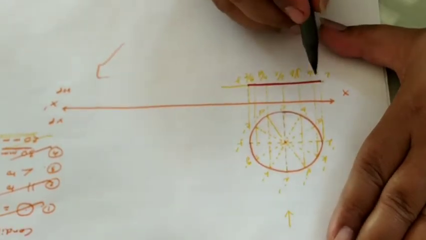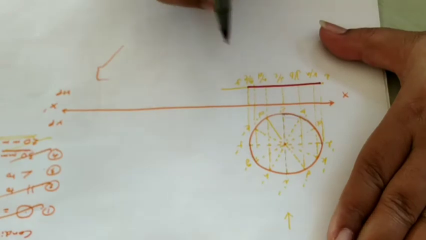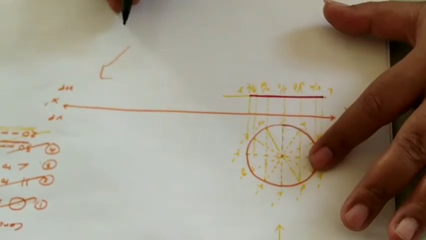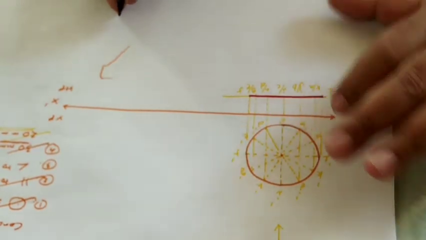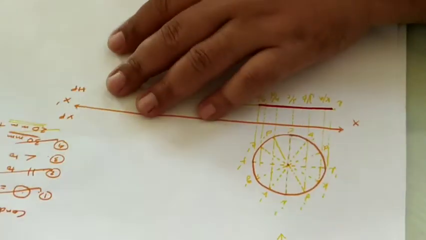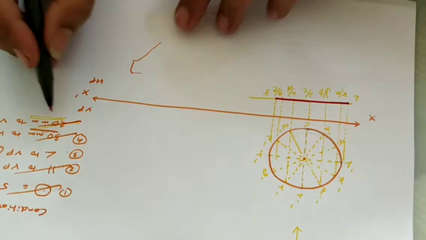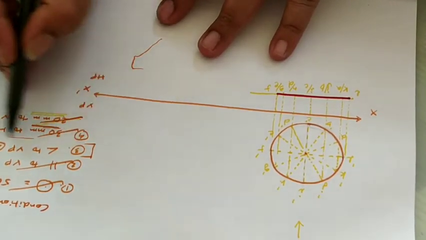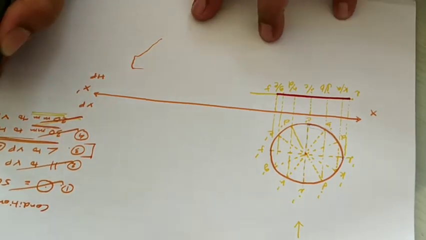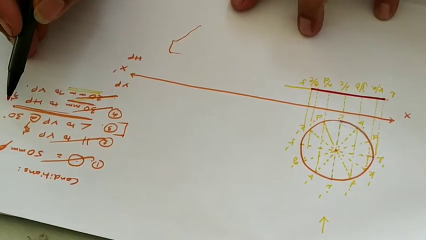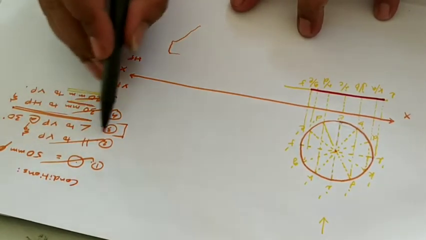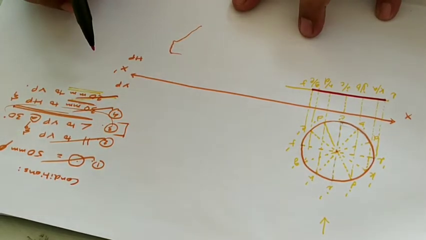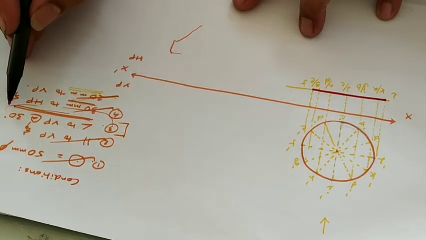Okay. So this is the projection of the circle, this is the plan of the circle, this is the elevation of the circle. So you have drawn the figure both on HP and VP. Now the base conditions are satisfied. Now you need to take care about this angular condition, that is inclined to VP at 30 degrees. Now inclination to VP can be seen on HP.